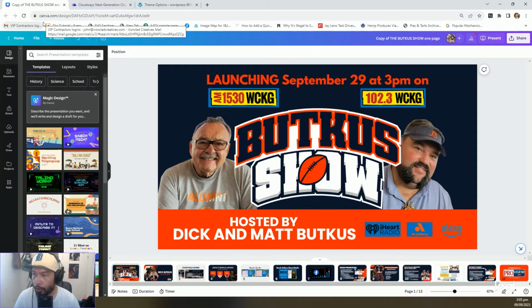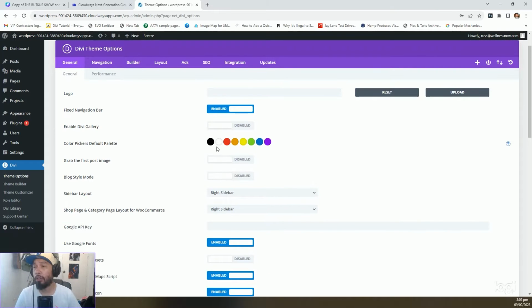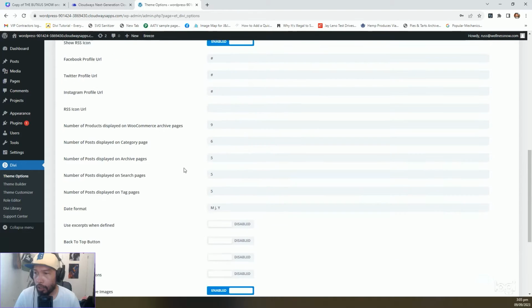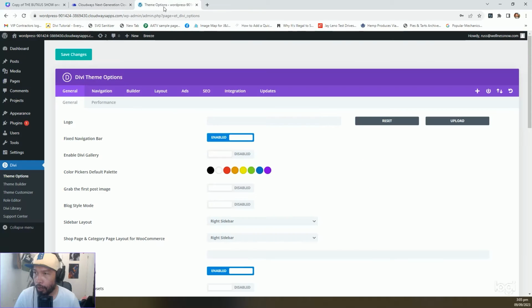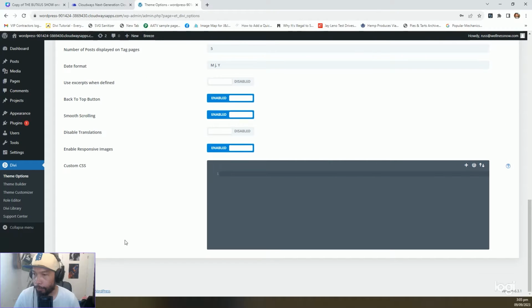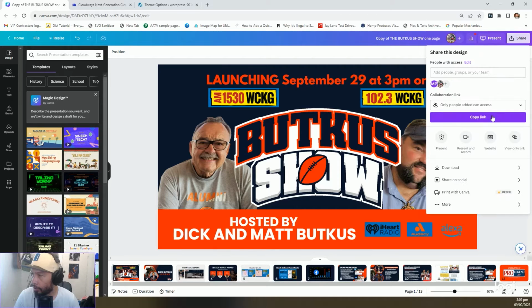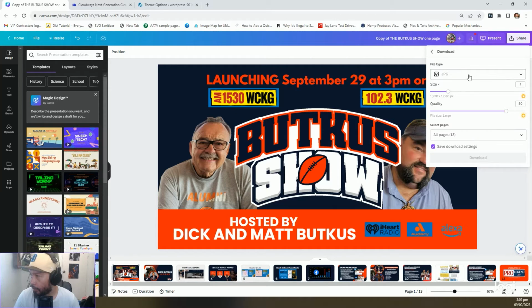because we're gonna do a one-page website, we do not need navigation. We don't have to set up the logo. We're gonna put the logo right inside the page. So what we're gonna do is we're gonna set up the default color palettes for us to use within the page of the website. And I think because this is a one pager, we're going to click on this smooth scrolling and back to top button and save that. And then you go back to Canva and just save a copy of,